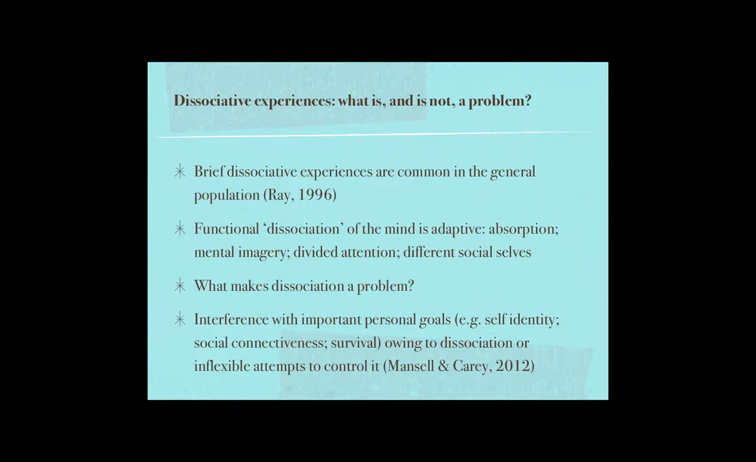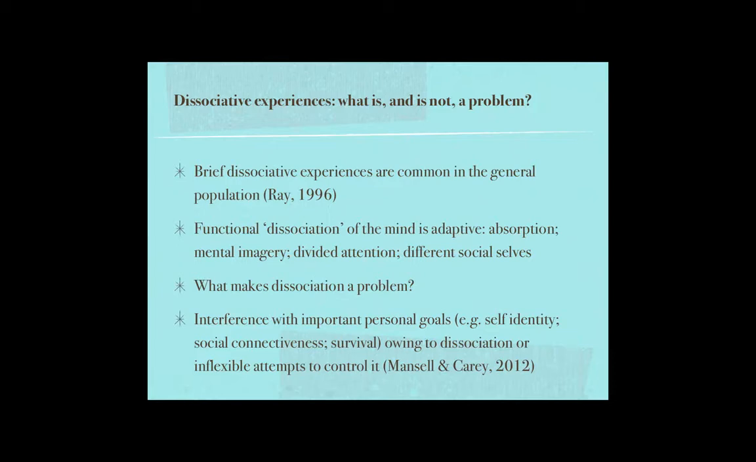Our proposal is that dissociation is a problem only when it interferes with a person's important personal goals. So it threatens their self-identity, for example, maybe to be emotionally in touch when they're emotionally numbed, or it gets in their way of connecting with other people. Again, emotional numbness can have that effect, or the effect of dissociation could be something they really worry about might affect them physically,